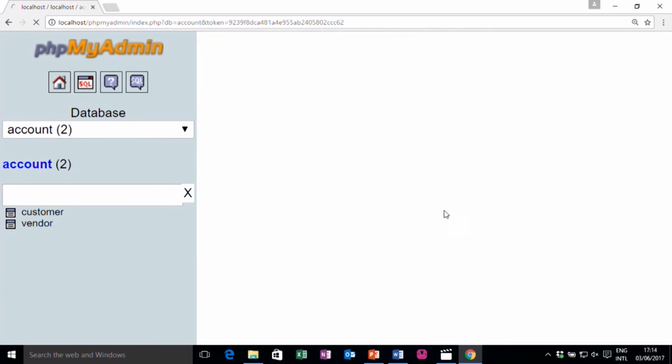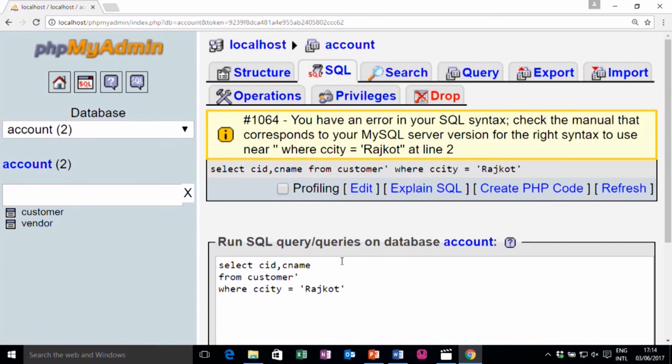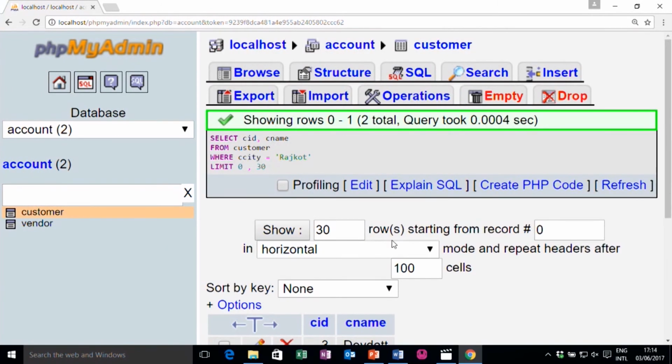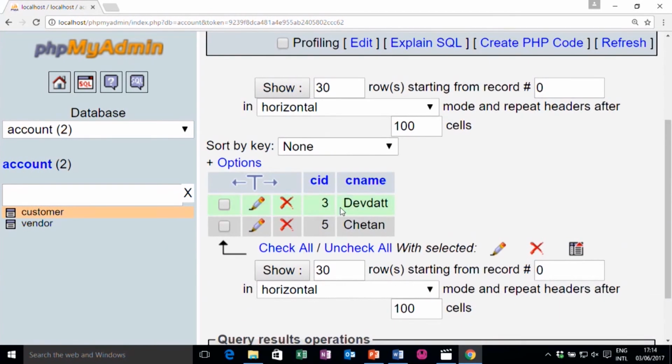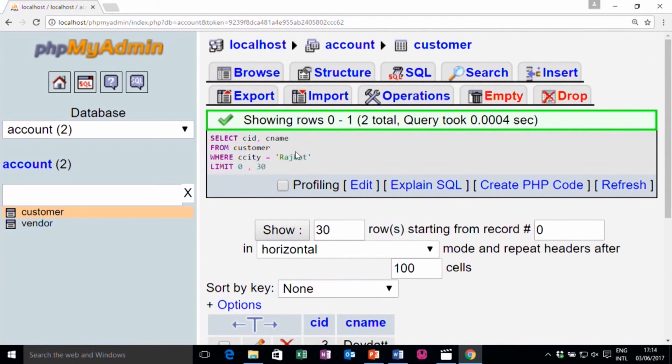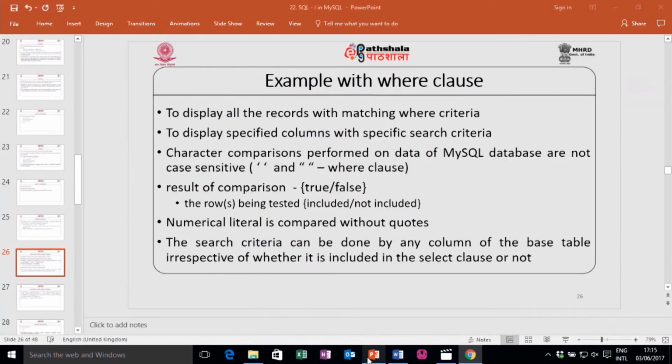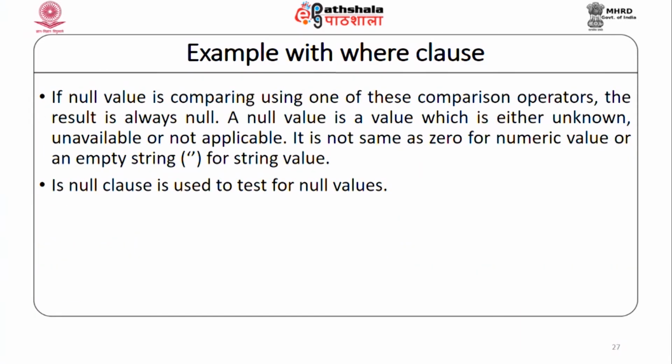If you click on go, it shows an error, because there is one more quote there. Now it will show these 2 records, because I do not want to display C city, but these are the 2 values available there. This can be done on any column.